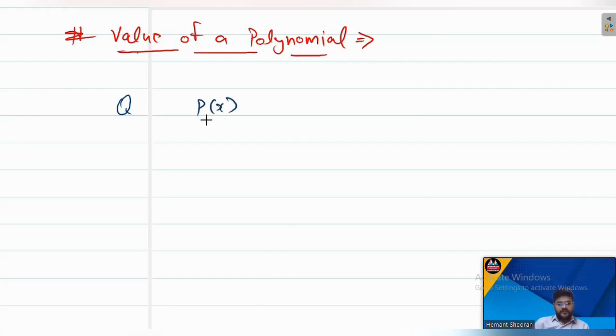Polynomials are generally represented by this symbol, okay? P and then bracket x. So P represents the polynomial, and bracket x represents a polynomial in x, okay? The polynomial in x that is given to you is 3x square minus 5x plus 6, and they are saying find